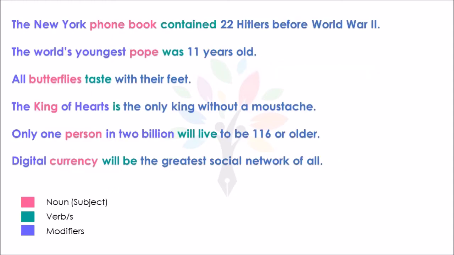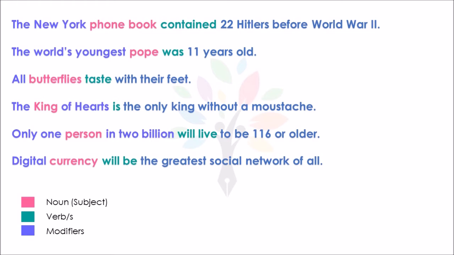So here are some more sentences. They're a little bit more complex than the two sentences we saw earlier, but here also we can identify the subject quite easily. If you look at these words highlighted in this color, these are nouns. These words highlighted in this other color are verbs, and these other ones in this other color are called modifiers, and they're used with nouns.